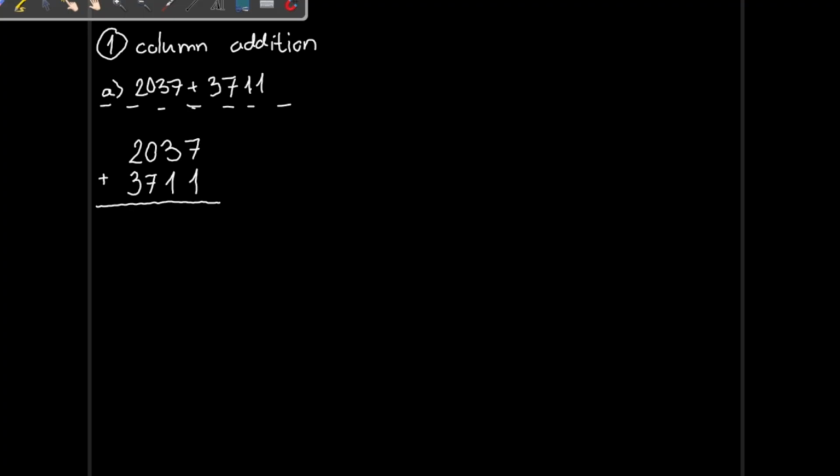And now we can just add the columns together, which in this case is very simple. We have 1 plus 7, which is 8, 1 plus 3, which is 4, 7 plus 0, which is 7, and 3 plus 2, which is 5, and that's our result here. So the sum of these